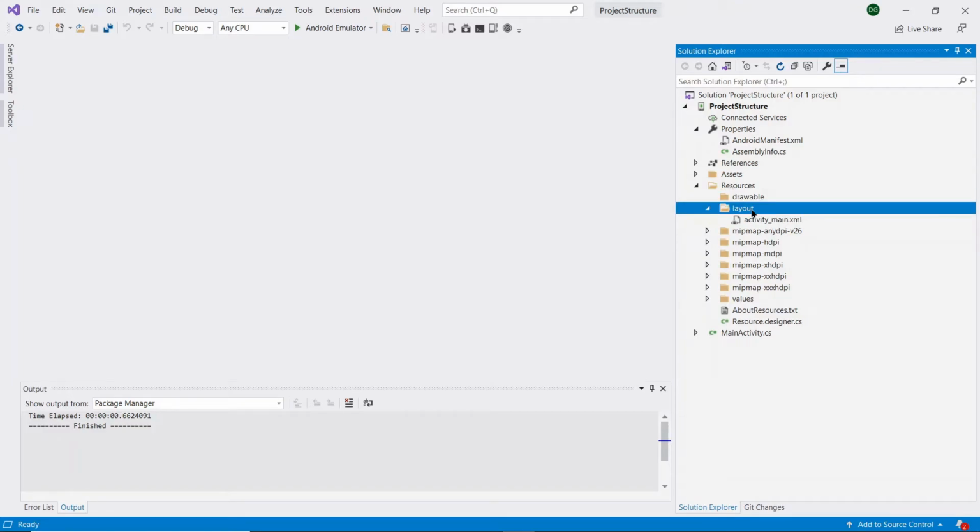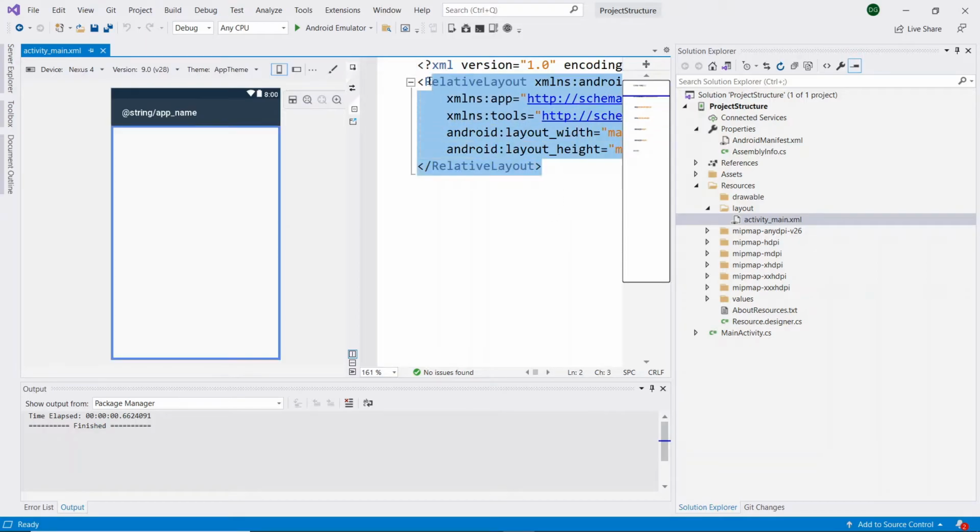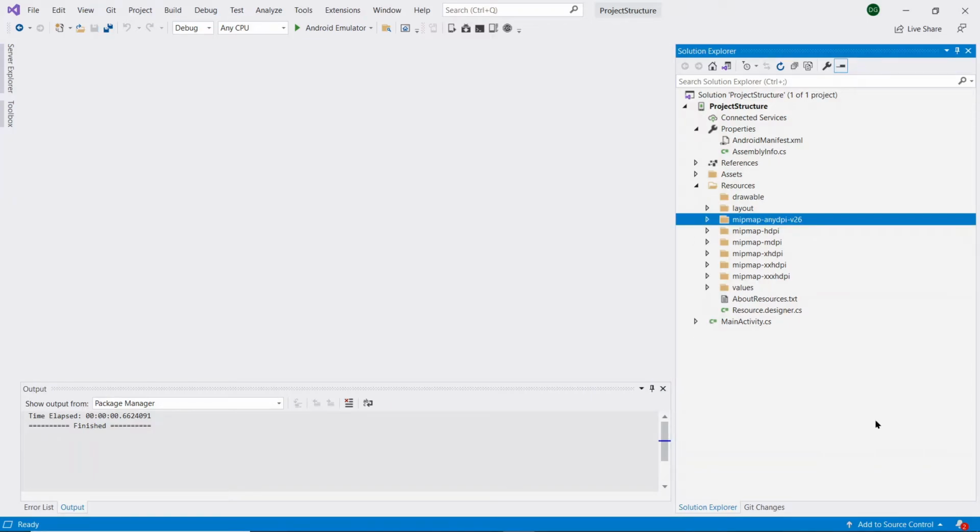Our next folder is the layout folder. This layout folder contains our application UI screens. In Xamarin Android, we create our UI screens with .xml files. Inside the .xml file, we need to write the code for our required design. Here you can see the sample code for the UI file, like the .xml file. This file is created by default once you create the project itself. Like that, if you want to add any additional screens, you need to create the .xml file inside the layout folder only.